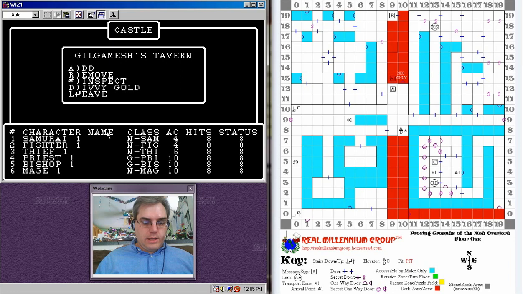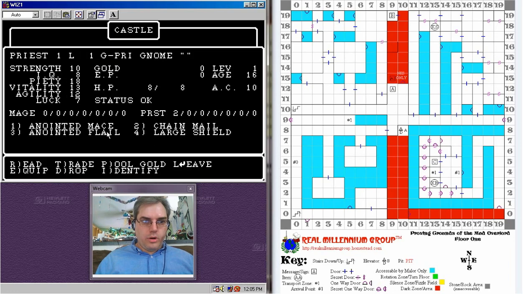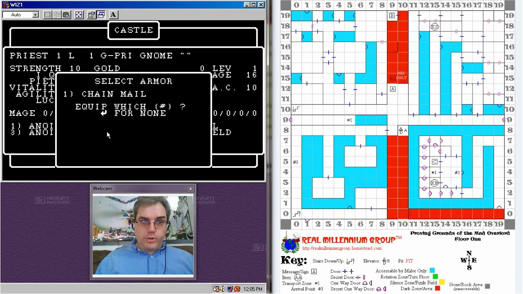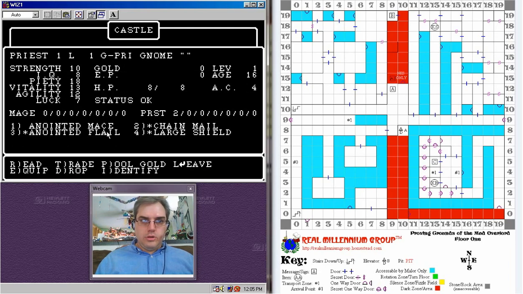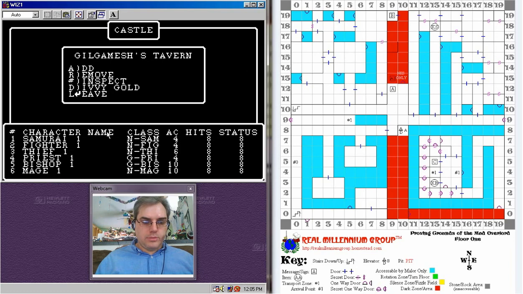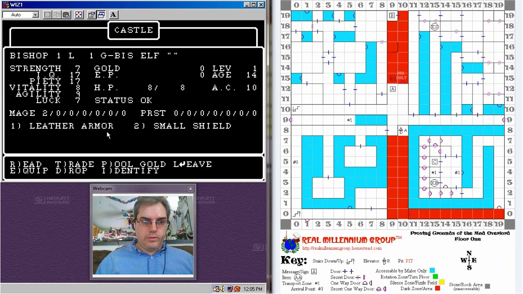Go back, inspect number 4. Now we want to equip the flail for him, so we'll go equip. We want to do number 2, 1 and 1. We'll go back, inspect number 5.